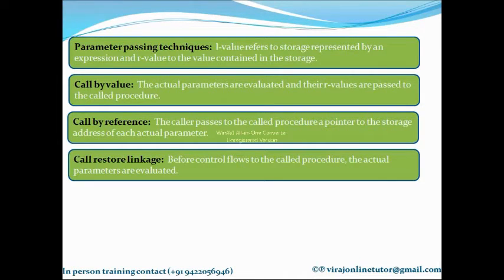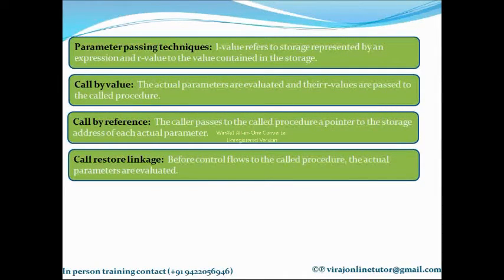So in call by value, the formal parameter is treated just like a local name. So the storage for the formal parameter is in the activation record of the called procedure. That's why I mentioned that when the swap function swaps the values of two variables a and b, it is only active inside that particular function. So it's only active in the activation record of that function itself. So the outsider doesn't know that the values are swapped.